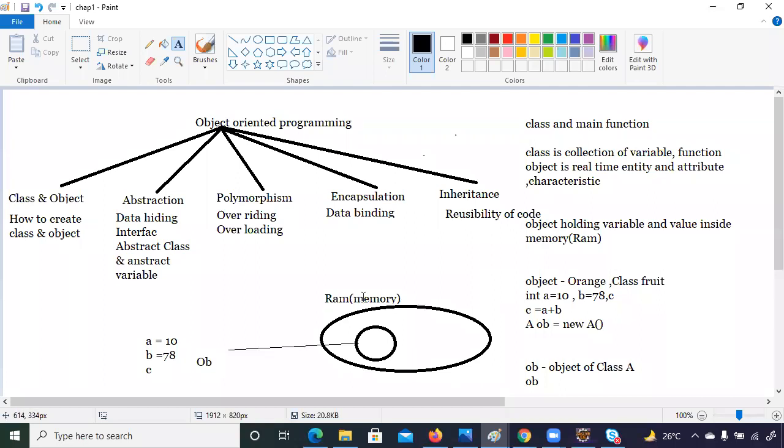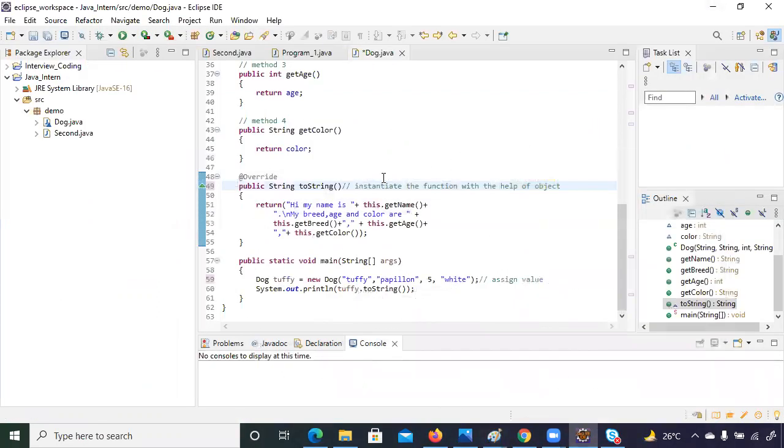Okay, sir. The whole thing I have explained here, and you are not able to answer this. So here object is used for what? Object holds value and the variable, and with the help of an object we instantiate the class. What do you mean by instantiate? As you create an object of the class, immediately the whole program will get space in the RAM. I repeat once again, as you create an object of the program, the whole program will get a space in the RAM, and it can start execution.